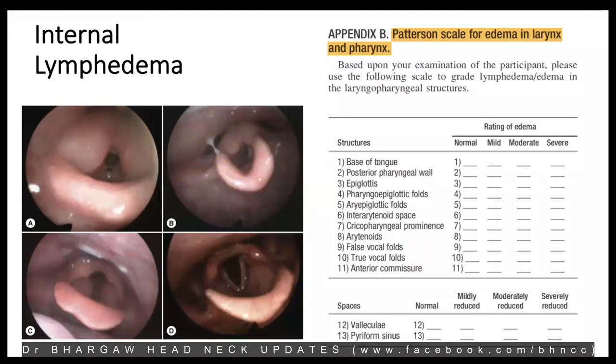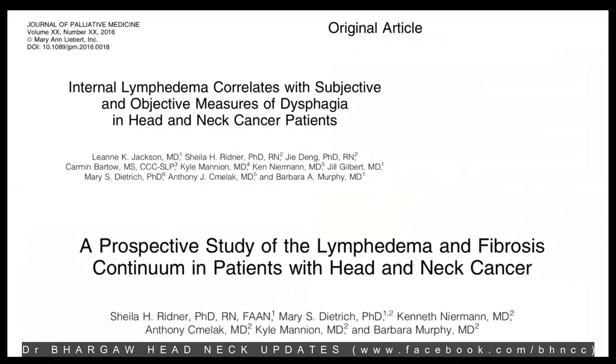And constant movement of the larynx and pharynx will help shift this fluid out and also help in increased oxygen deposition and reduce fibrosis. There are many studies which substantiate what I've just said, and they've also been researching the role of manual lymphatic drainage for external lymphedema, and they feel that when they do manual lymphatic drainage for external lymphedema, the internal lymphedema also reduces, and this helps to improve or reduce the level of dysphagia in some patients.